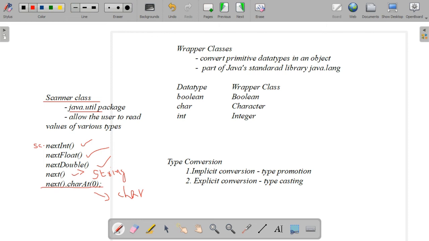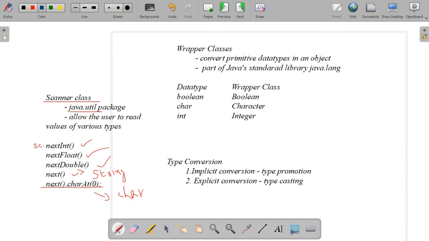The Scanner looks for tokens in the input. Scanner belongs to the java.util package. It allows the user to input or read values of different primitive data types. So you know the declaration part and how to read different data values using the Scanner class: integer, float, double, string and character.